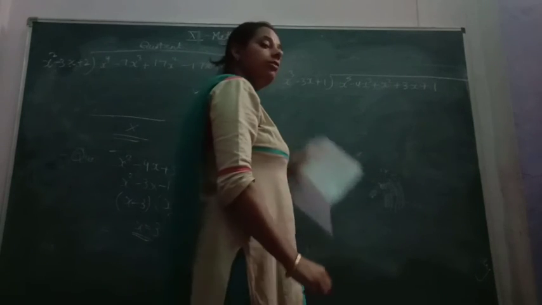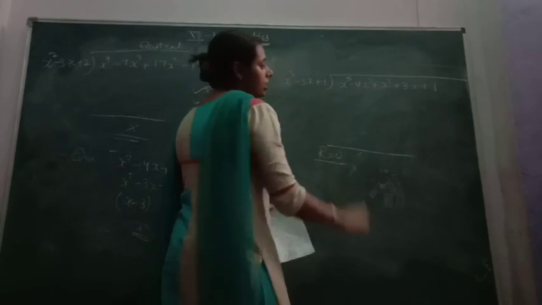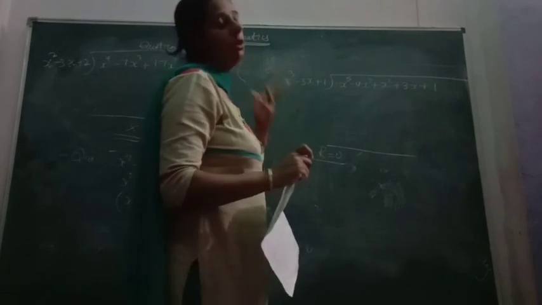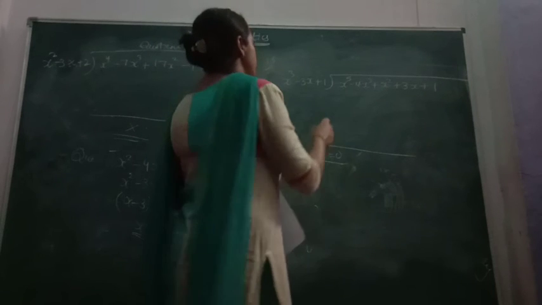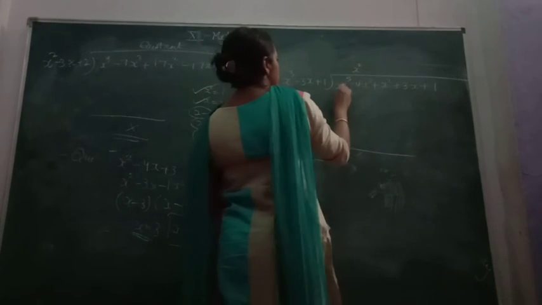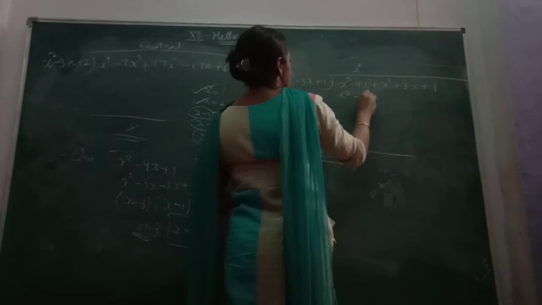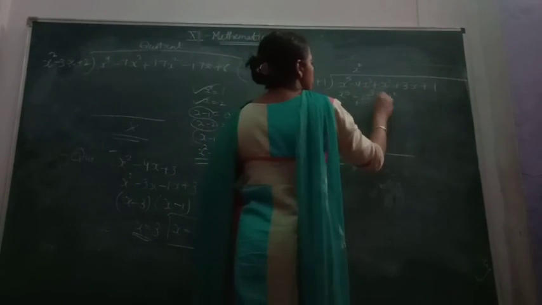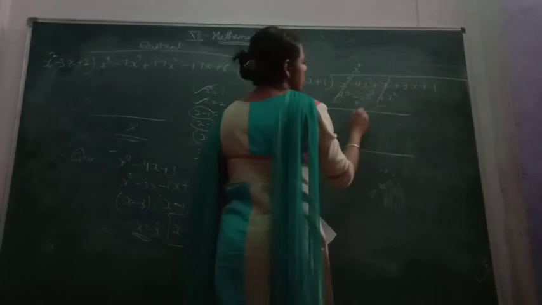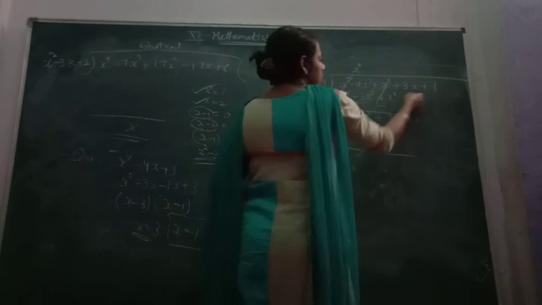You have to just divide it and get the remainder. If the remainder is 0, then you can say that it is a factor. If the remainder is not 0, then you can say that it is not a factor of this polynomial. You just multiply with x here. You will have x power 5 minus 3x cube plus x square. Again change the symbol, cancel. This will be cancelled. You will have minus x cube. 3x plus 1 is the left terms.